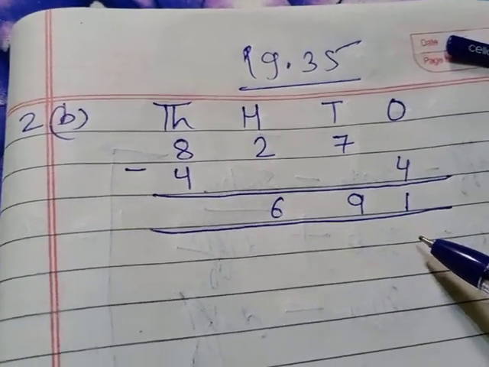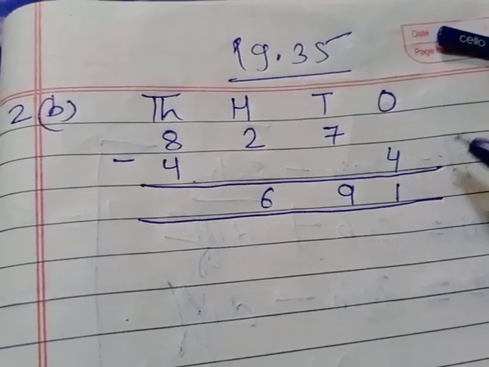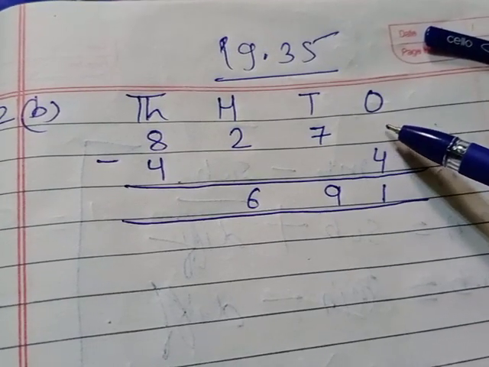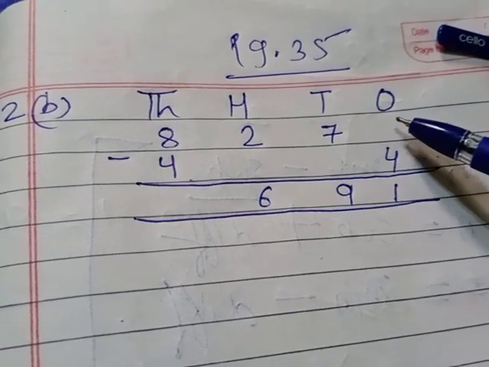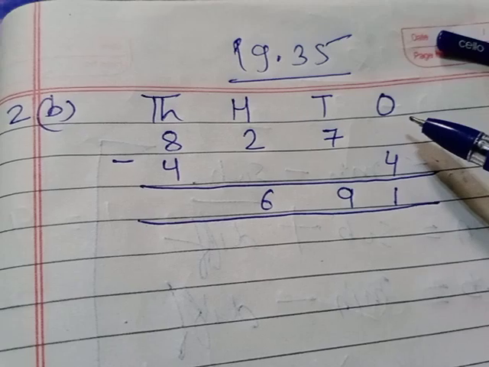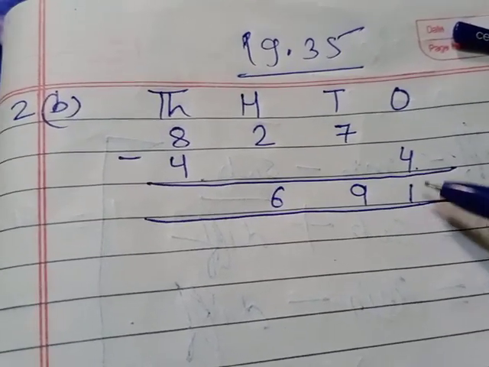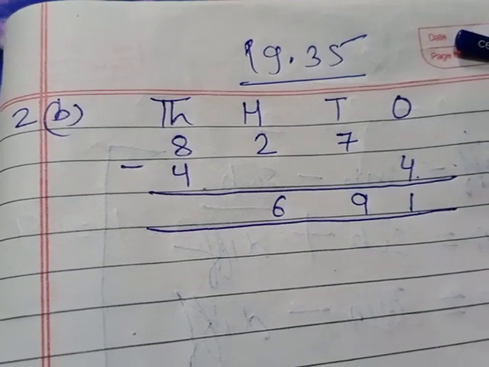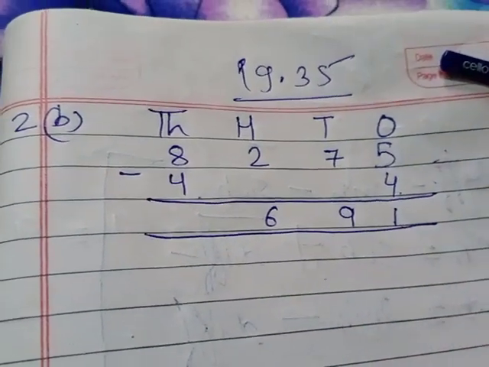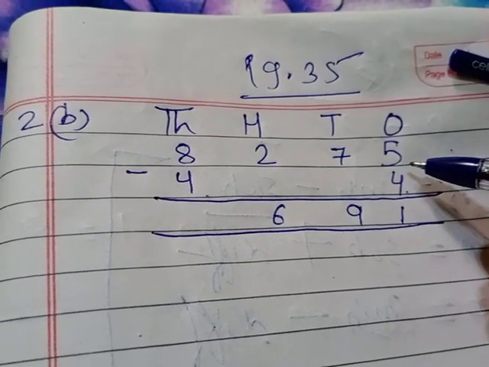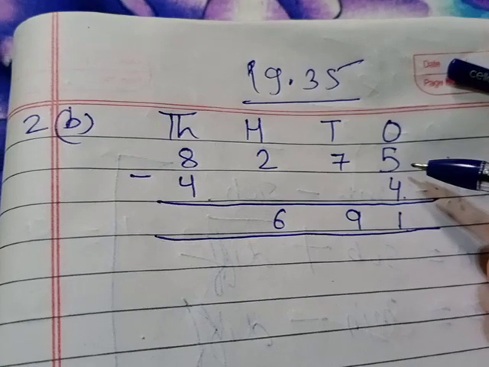Again we have to find the missing number. You see, I told you the rules now. To find the minuend, this is the minuend portion, right? To find the minuend, what do we have to do? Add the subtractand and the difference, right? So 4 plus 1 will be 5. What will come here? 5. Got it? Why? Because we have to find the minuend place.